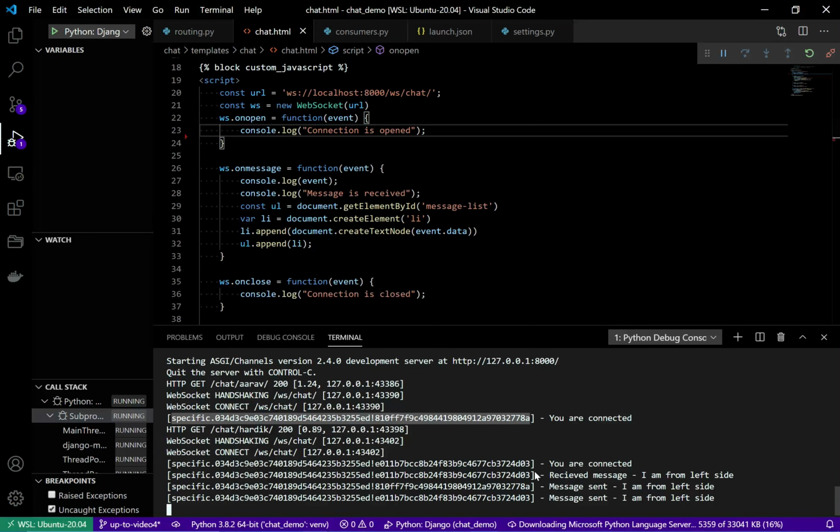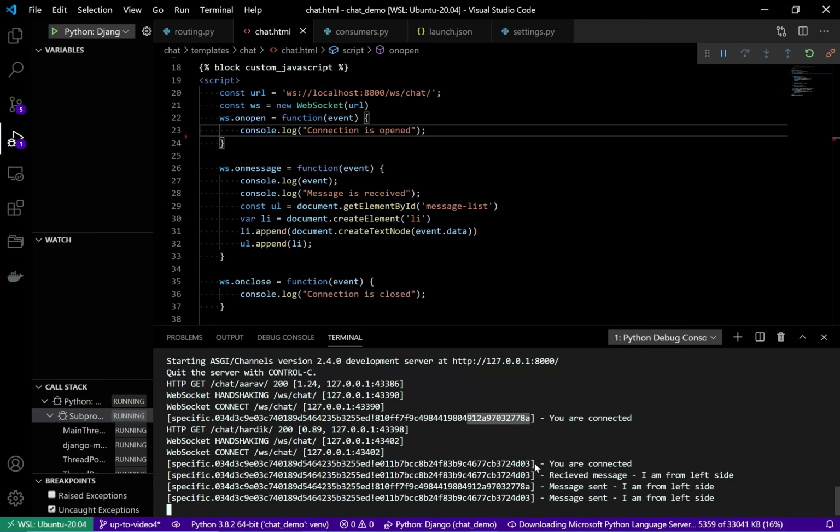So you are connected 03, received message from the 03, I am from left side, and then it was sent to both of them, 8A and 03. So 8A is this one, right?